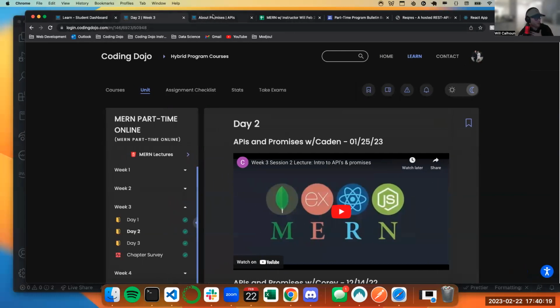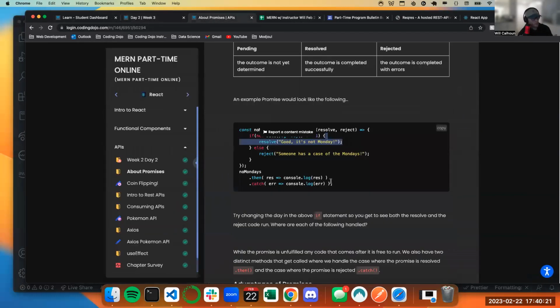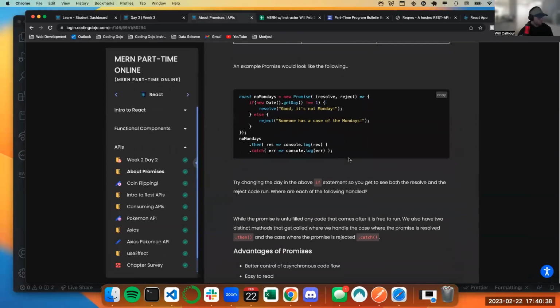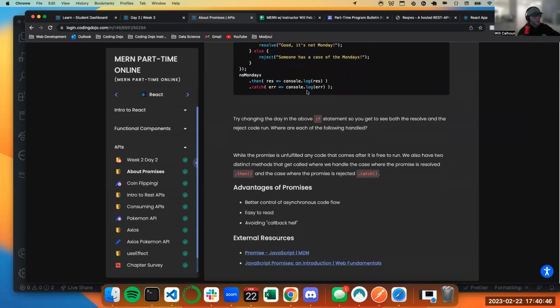In my opinion, you're not going to write a ton of promises. What you're really going to do most often is handle promises. Out in the development world, you're not going to write your own promise as much as you're going to know how to work with promises using fetch or Axios. If you want to learn how to write these, he's got a great video for that. Again, knowing how to work with them is the most important thing.